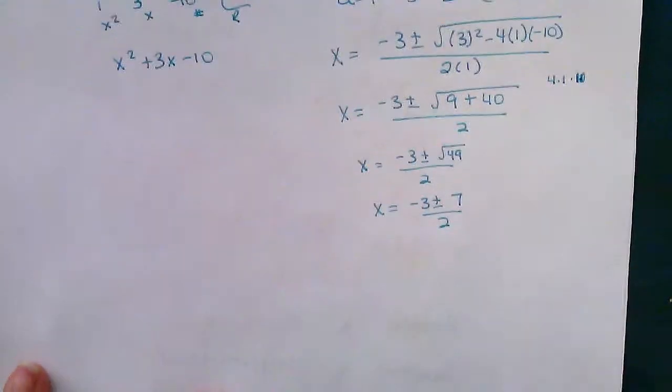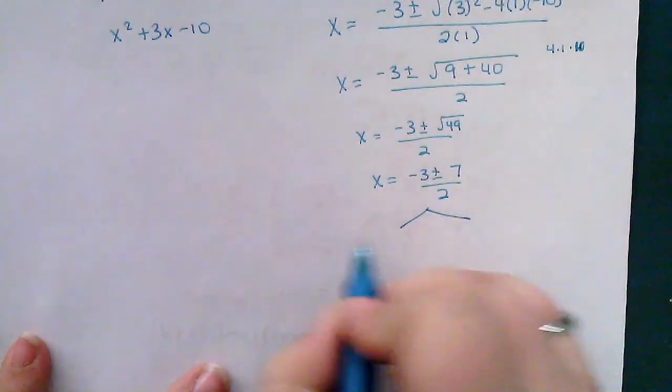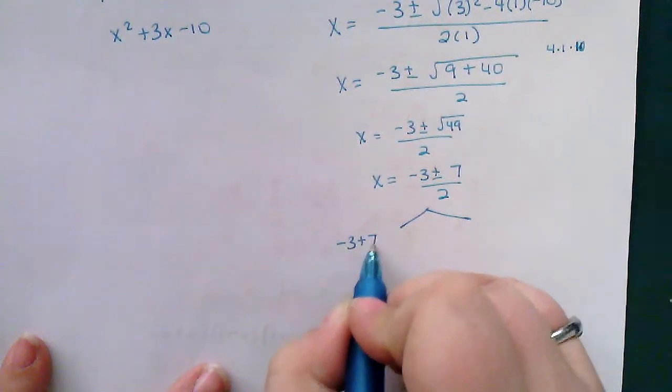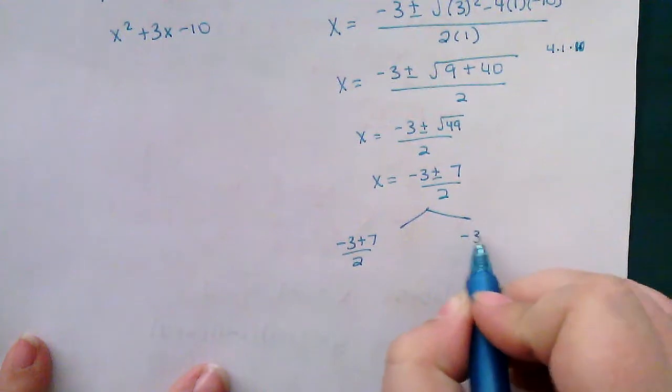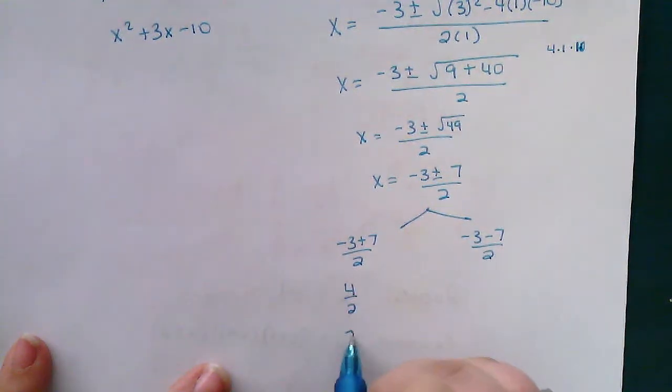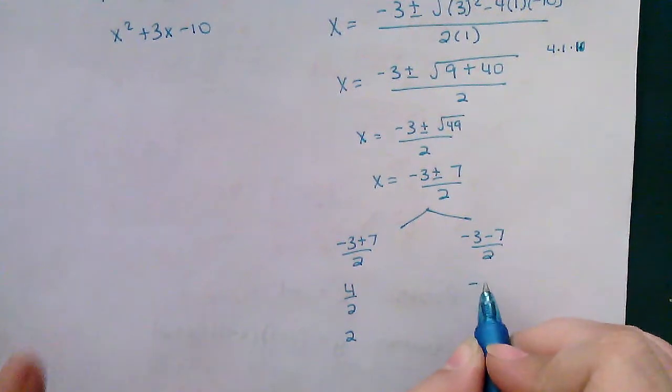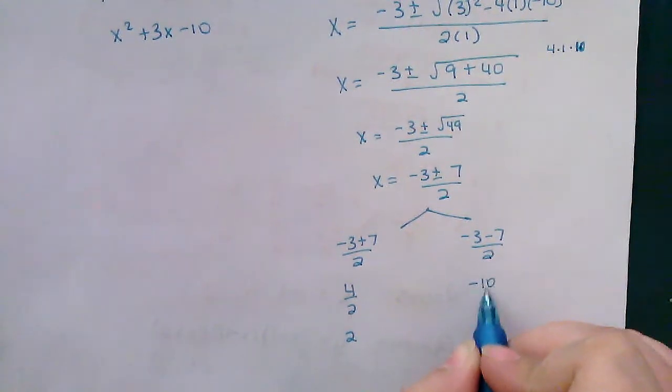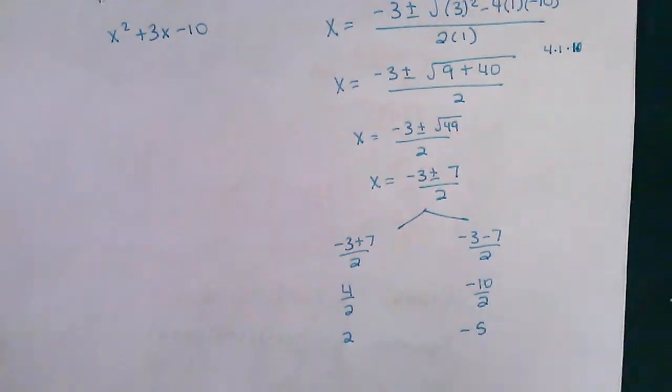And now that I have none of that in the square root anymore, I split it. -3 plus 7 divided by 2 and -3 minus 7 divided by 2. So that gives me 4 divided by 2, which is 2. This gives me -10 divided by 2, which is -5. So my roots,